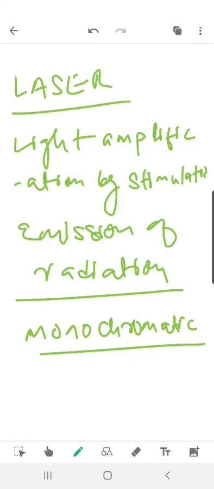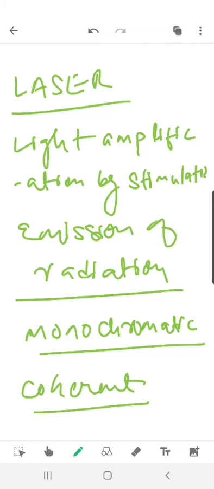Fine. And the basic mechanism of light emission is similar to our LED. However, in an LED the light is incoherent, but in the case of a laser the light is coherent. Coherent simply means that the continuous light which is emitted from our laser will be of the same phase. But in the case of an LED it is not continuous, and if it is not coherent, we simply call it incoherent.